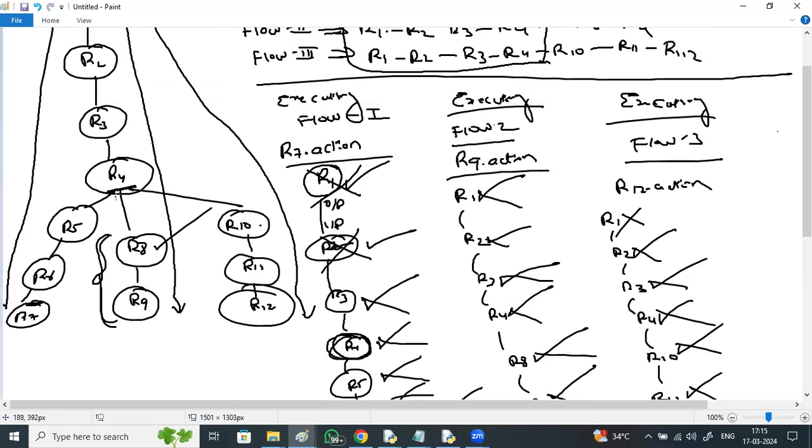My query is: R4 already got executed, but it is not available in the RAM. If it is available in the RAM, then flow 2, R8 and R9, is simple, right? The first 4 steps are decreased. Is it the same for flow 3 also? If R4 is available in the RAM and ready to give its output in flow 3, all the first 4 steps are decreased in flow 3 also. This will be the flow.